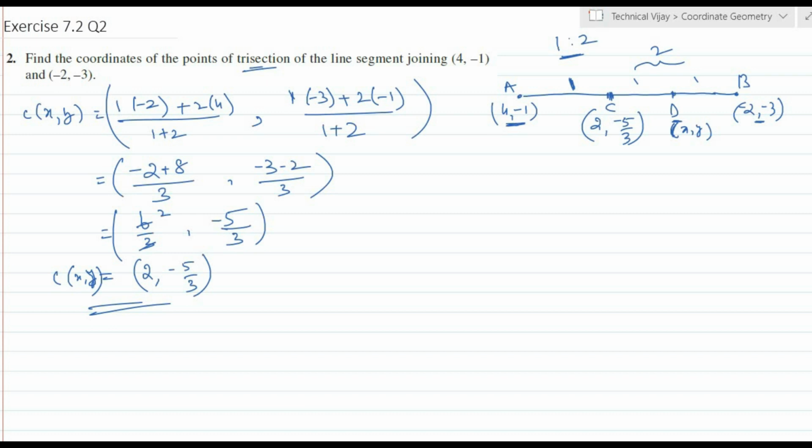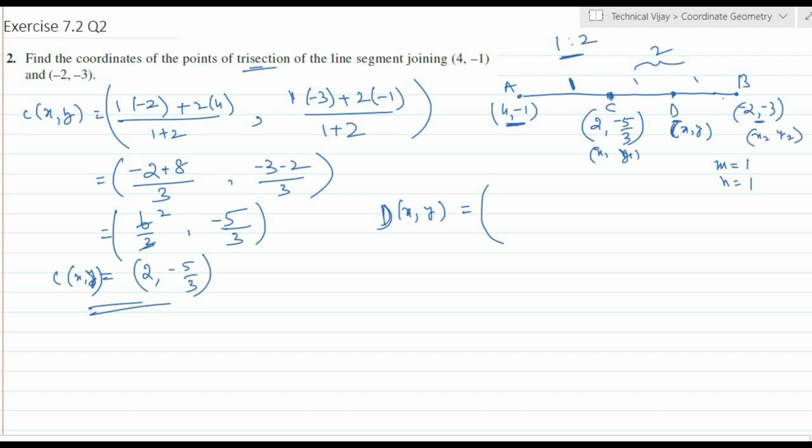So we have to find out this one. So we can use this C and B also, and also A and B also. Okay, so now I will use C and B, and they are in the ratio of 1 to 1, that is m is equal to 1, n is equal to 1. So now d of xy is equal to, so this one is x1 y1 now. Okay, so this is x2 y2.